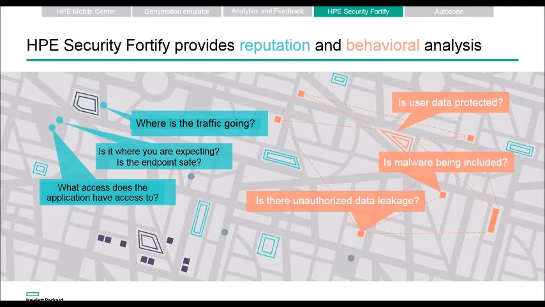couple of different features. So on the reputation side, where's the traffic going? The endpoints that it's accessing, are they safe? Are they known on watch lists as potentially malicious endpoints? Looking at the type of access that the device asks for, is it asking for your geolocation information, your SSID, and so forth? But then also, is it protecting your data while it's in use? Are malware and other malicious components being unintentionally introduced, or is data being exposed where it could be shared with